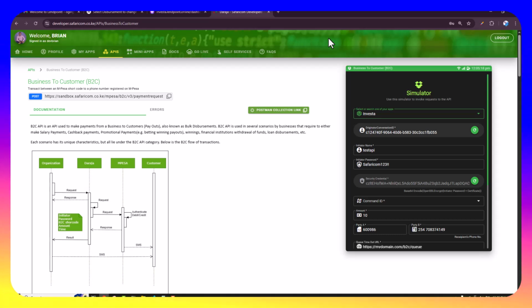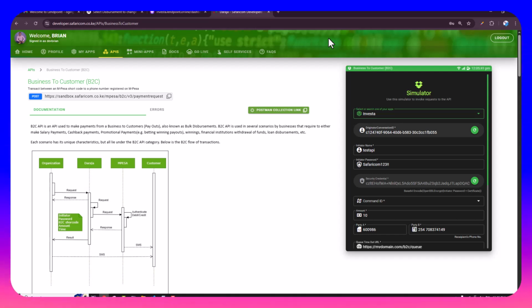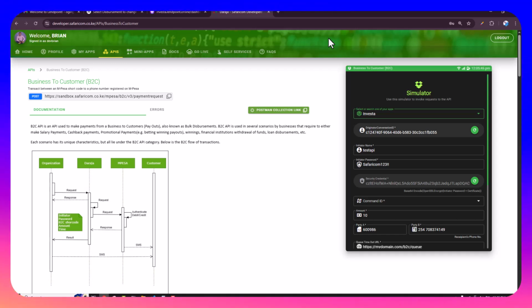Today I'm going to walk you through another M-Pesa API, and that is the B2C API. The B2C API is used to make payments from your business to customers. Some of the most common use cases, as you can see from the documentation, is that it can be